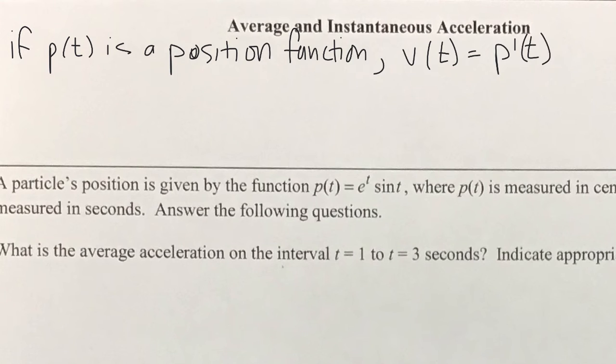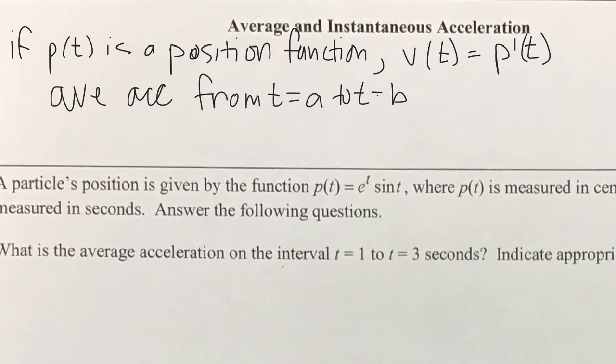Okay, if that's true, then the average acceleration, which I'm just going to call ACC, because acceleration is a really long word to write. So if you want to shorthand it, just know that ACC stands for acceleration. The average acceleration from time t equals a to b